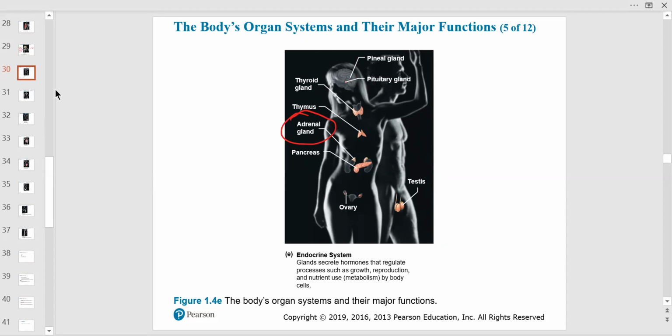So all of these glands will release hormones, like the pineal gland releases a hormone called melatonin, which makes you sleepy and controls your sleep-wake cycles. Your pituitary gland is a Disneyland of hormones that are released. There's about 9 hormones that are released from your pituitary gland alone. So I'm going to talk about them kind of slowly, and you'll learn it in A&P too.